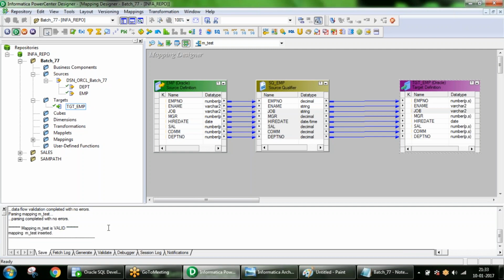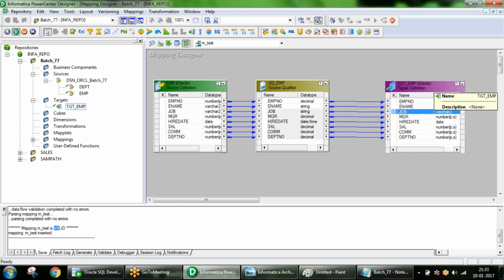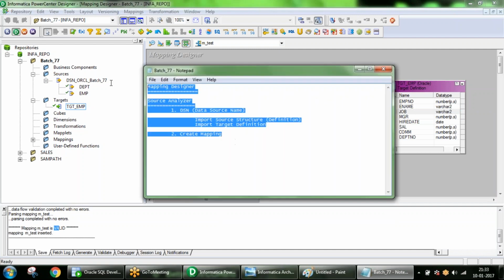Maybe if you are connecting wrongly, or maybe your syntax is wrong, going forward you will have n number of transformations, right? Whatever logic you are putting, if it is out of syntax, then it will show it as invalid, and the message also shows why it is invalid. Going forward you will see all. Okay, so we are done with the mapping designer.